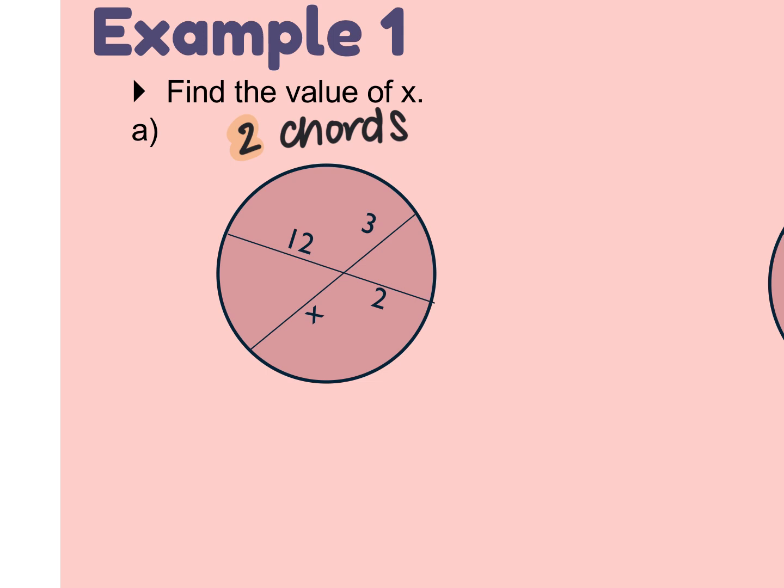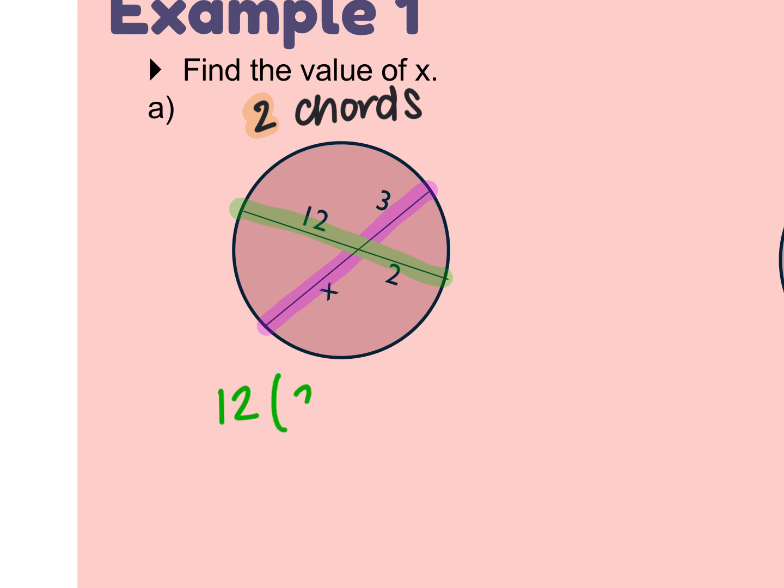Good, okay. So yeah, there were 4 segments. I'm going to take the segments from the same chord. That's what I'm multiplying by. So if you want to highlight them, this is one chord. This is another chord. I'm going to take the two measurements and multiply them. So solving what I have